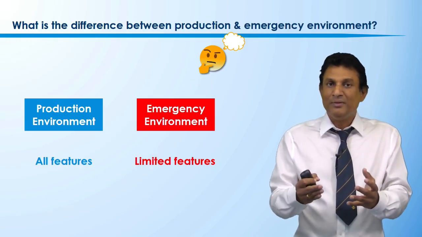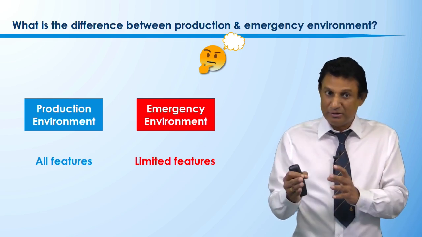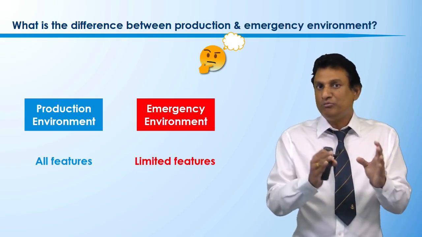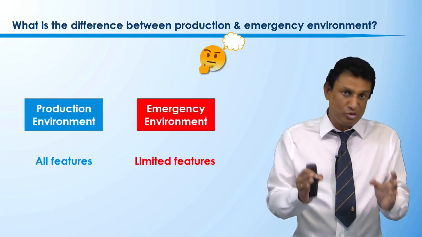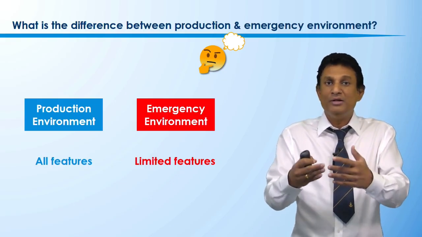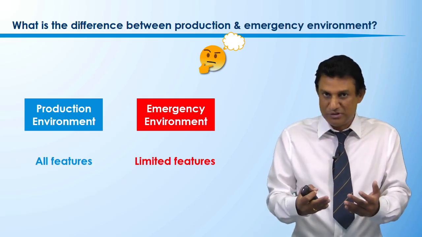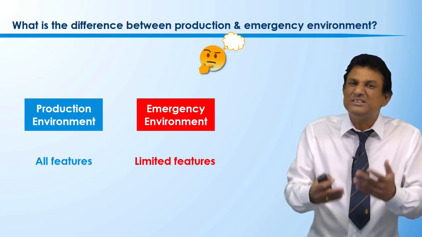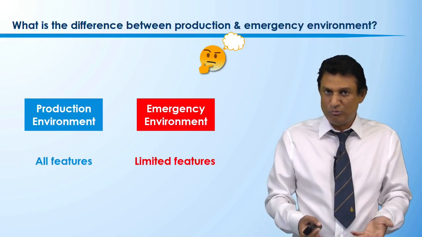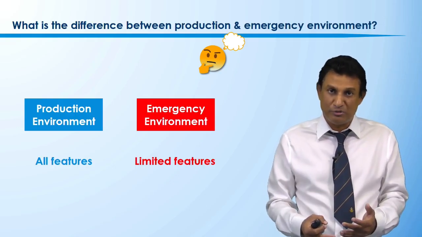So in this case, our customers can do fund transfer, right? Under the normal production environment, assume that we can transfer $200,000 at one time. In the emergency environment, we scale down to probably $20,000. That's what we call limited features. Some features that are not urgent may not be available in the emergency environment as well. So that's the difference between the production environment and the emergency environment.